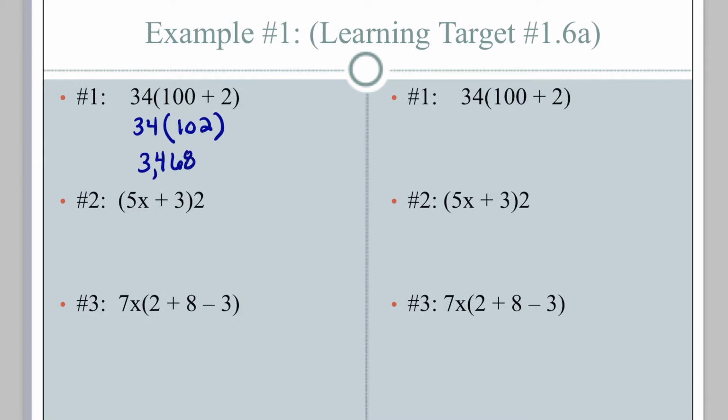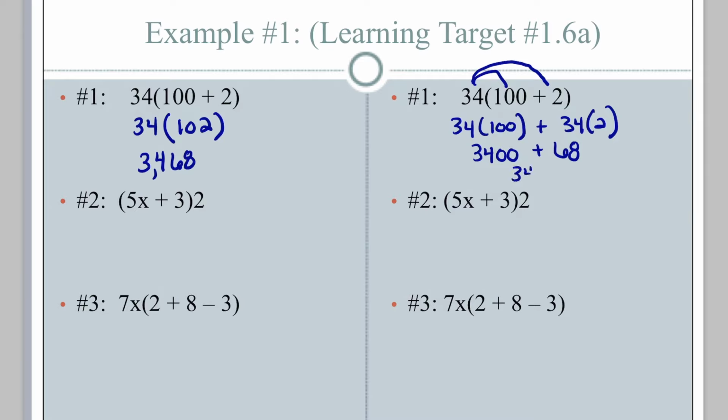3,468. Now I want to compare that to distributing the 34 to all terms. When I distribute, the implication is multiplication. Okay, so 34 times 100 is 3,400, plus 34 times 2 is 68. Adding 3,400 plus 68 is